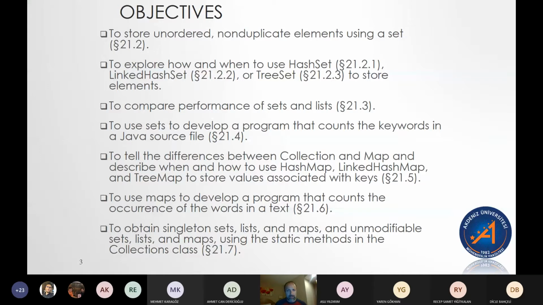Okay, we will go through and compare the performances of these things. And then we're going to also talk about a map. Now, imagine a map. In a lot of ways, it's kind of like an array or an array